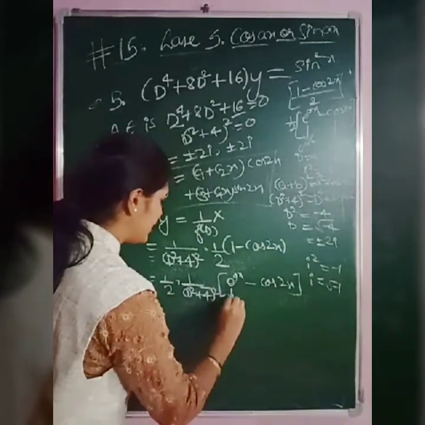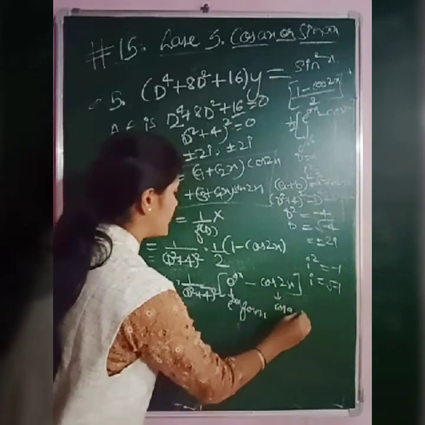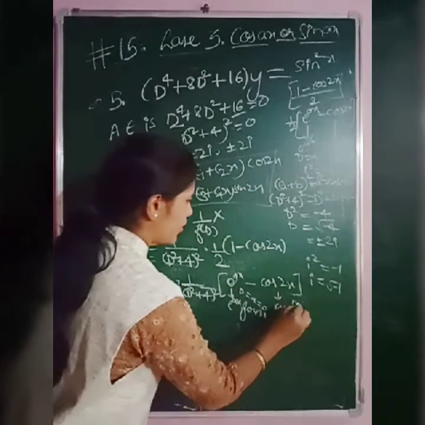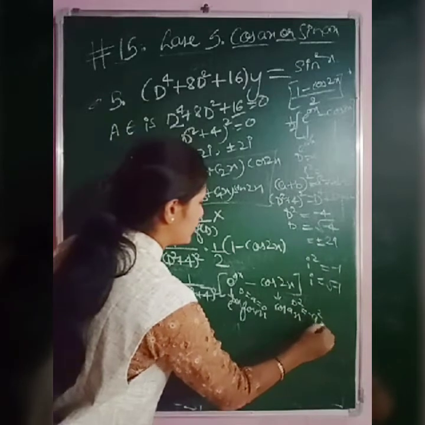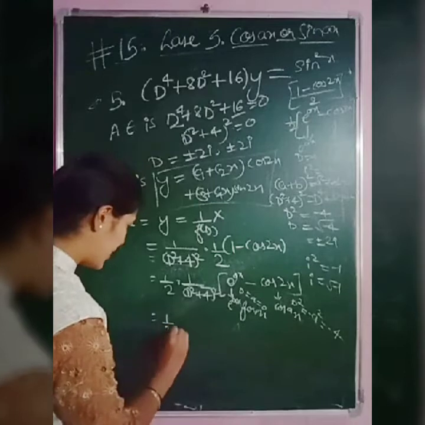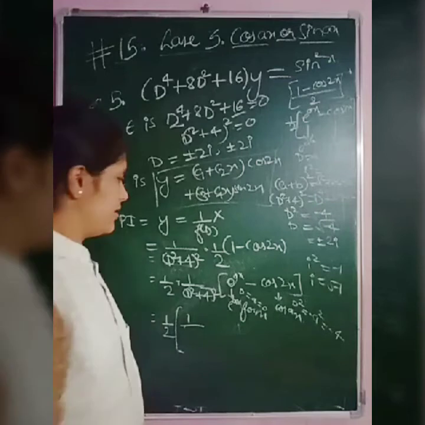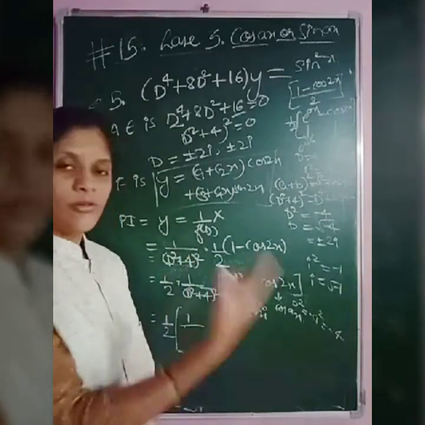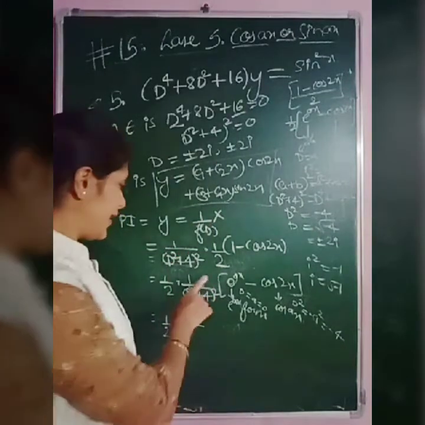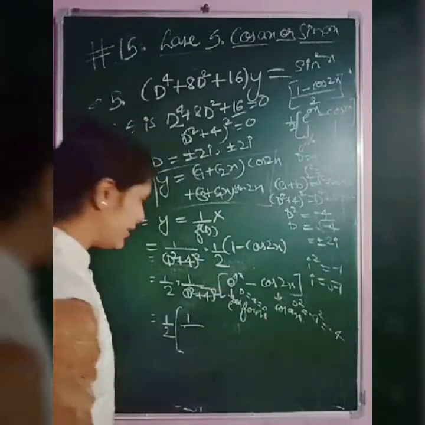So this is e raised to ax form. Right? And this is cos ax form. Right? So D equal to a equal to 0, D square equal to minus a square equal to minus 4. Right? So let us solve this, 1 by 2 outside. If you want, you can do them separately and add: 1 upon (D square plus 4) whole square of e raised to 0x, and 1 upon (D square plus 4) whole square of cos 2x. Next, this minus this. Like that also we can do. This is an easy one. Directly here I will solve.